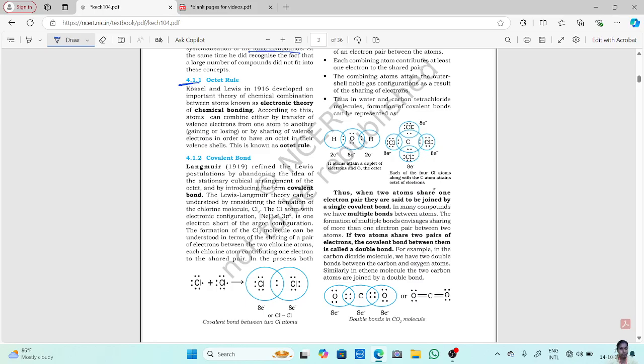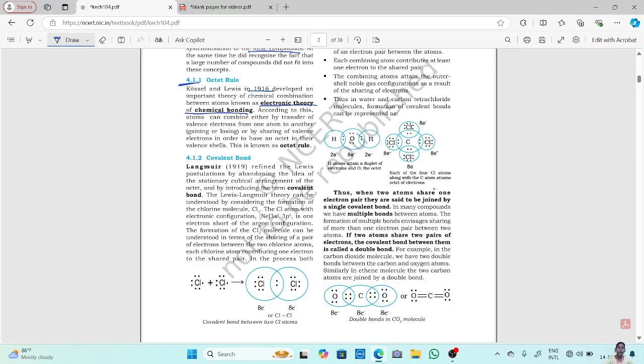Now, Kössel-Lewis in 1916 developed an important theory of chemical combination between atoms known as the electronic theory of chemical bonding. What they did was study what happens when electrons are transferred here and there. So their study was basically on the basis of electron transfer, the electronic theory. Now, according to this,